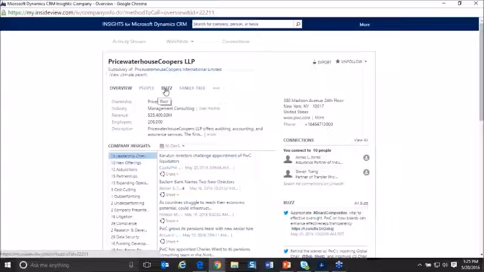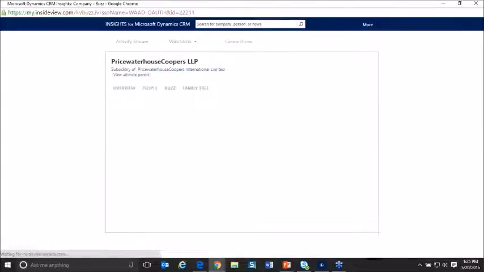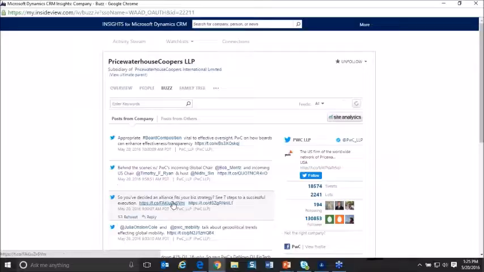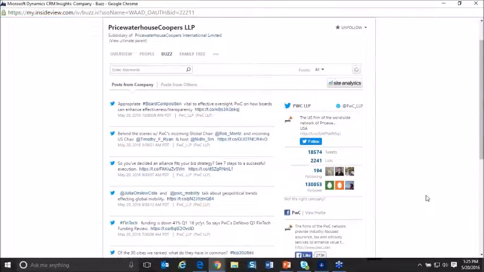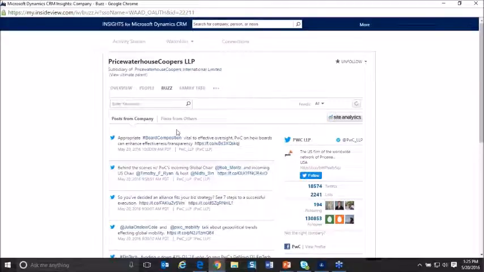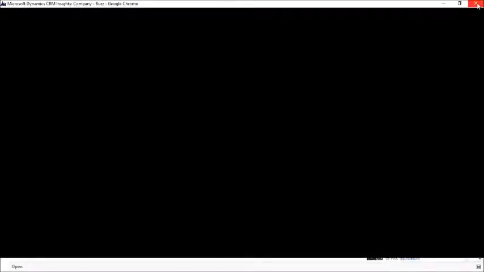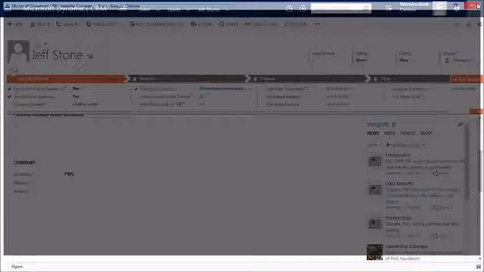I can also see buzz, so I know what's happening on LinkedIn. A lot of times you can go right out to the person's Facebook or LinkedIn profile from here. You can definitely access their Twitter account. So that's a great way to get a warm introduction, instead of just calling somebody out of the blue. I call them company information, connections, and conversation starters. So I've covered the